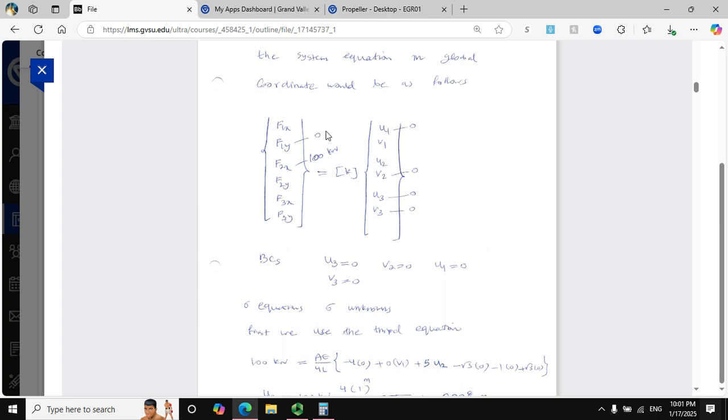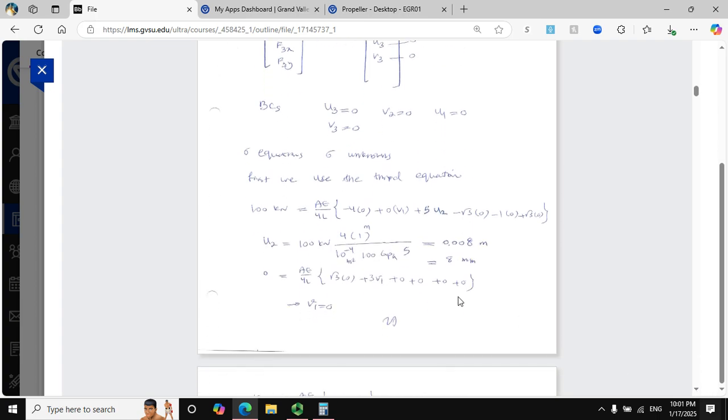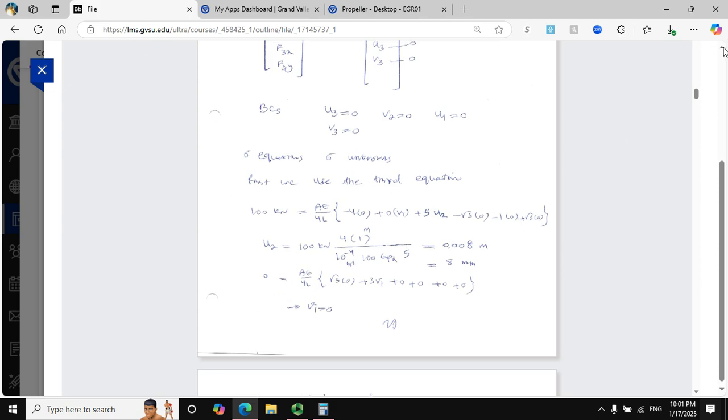There is nothing there. And F2x we know is external, it was 100 kilonewton. Using the third row, like a third equation, you guys can find, since I have F2x, I can find U2, which is nodal displacement of node 2. If you do that, U2 is going to come out 8 millimeters, which is matching what we had in ANSYS. And once you have that,